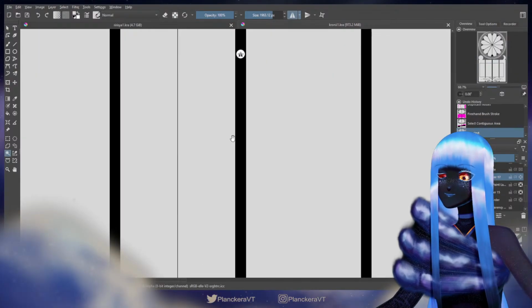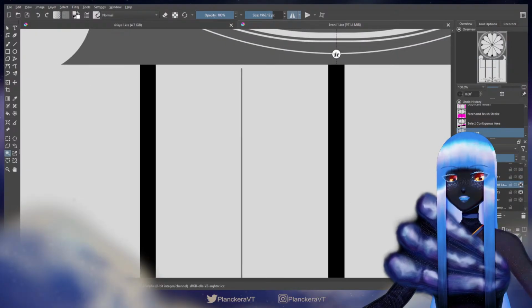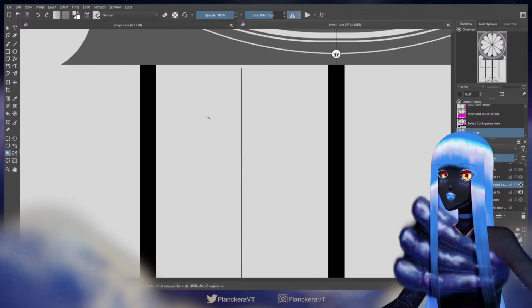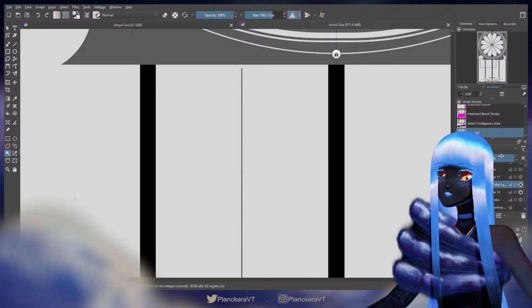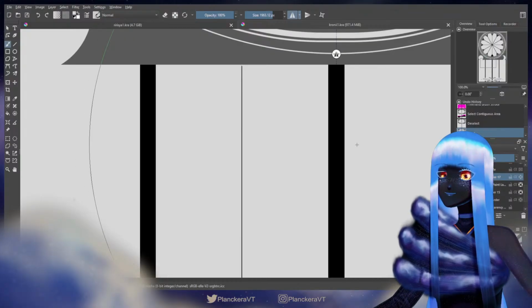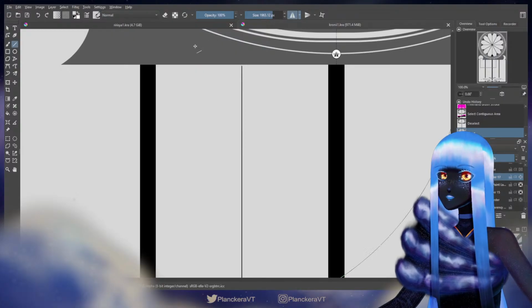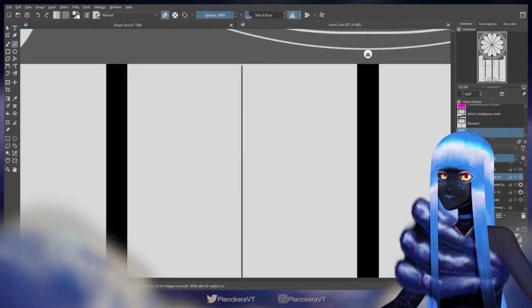Okay. So now I know where the center is, and because I want to do this and basically... I don't want it to be perfectly straight, but I think I'm going to start with a perfectly straight line. So what I'm going to do is grab the line tool, set it to erase, shrink it down to be pretty tiny. Put it right on the line there. And get a perfect 45-degree angle here.